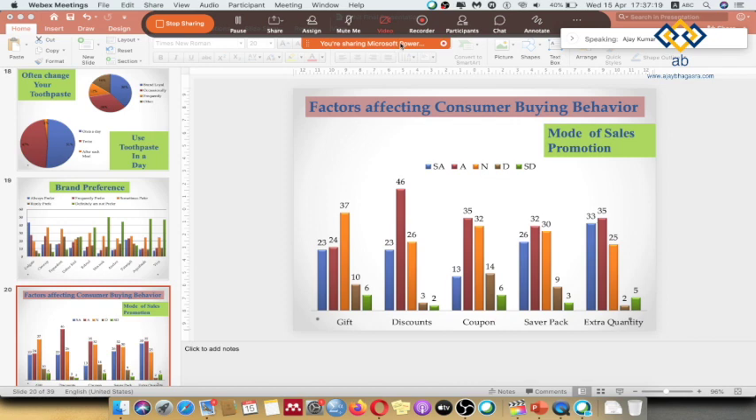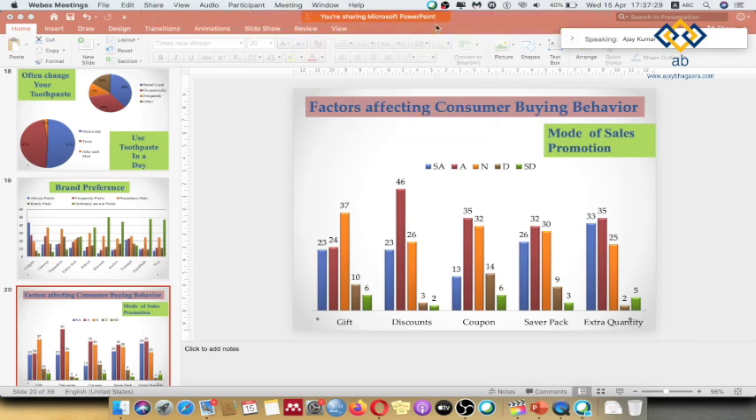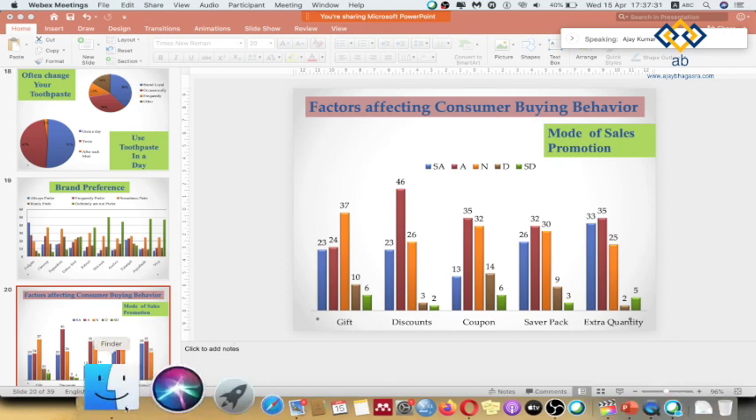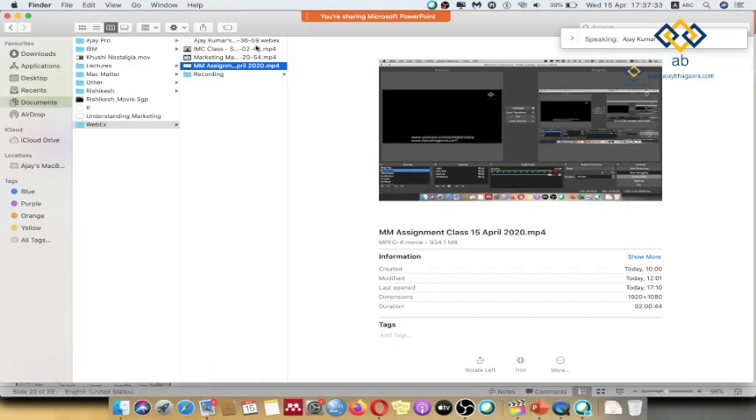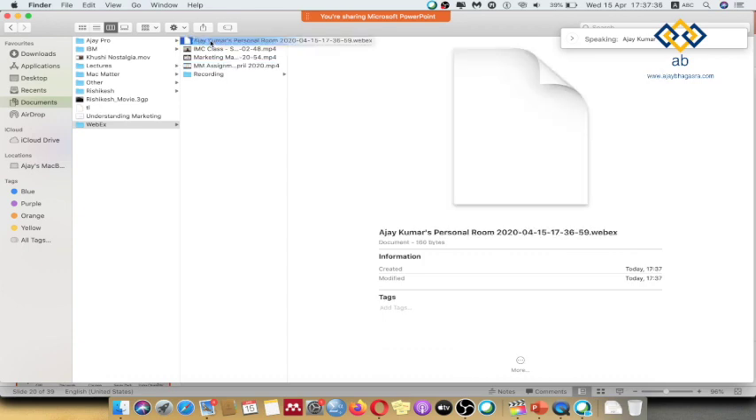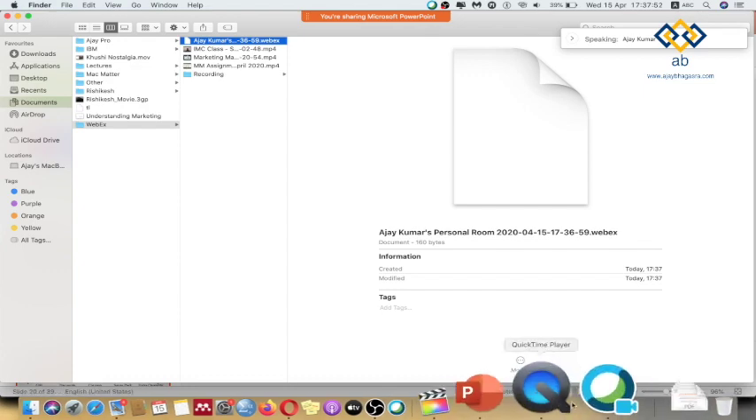So again, you can come down to recorder, and suppose I want to stop it now, I say stop, and this is what they have stopped. If you go to your path where you have saved your recording, you can see this is where it seems Ajay Kumar's personal room 2020 15/4. This is what it has recorded, 160 bytes and all. Now, since Webex is currently working on this file, it will take a little while for this file to be in a position that I can play it. So till that time,